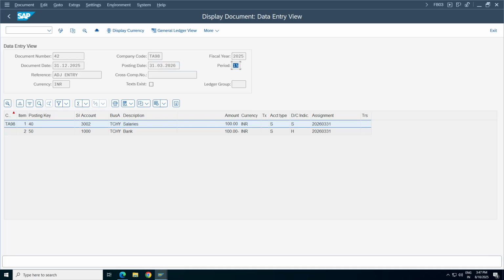And period 15, just like you can imagine, this adjustment belongs to the December period. So December I'm just considering as the third adjustment, third special period. So this will tell me that 15th is the third quarter adjustment. Otherwise, if you want to use only one special period also, it's fine.